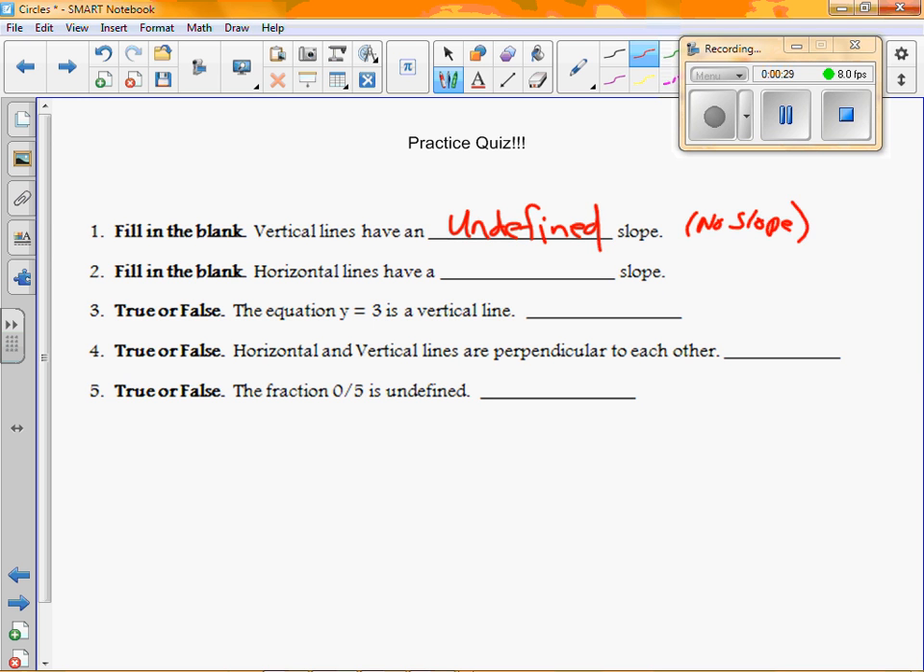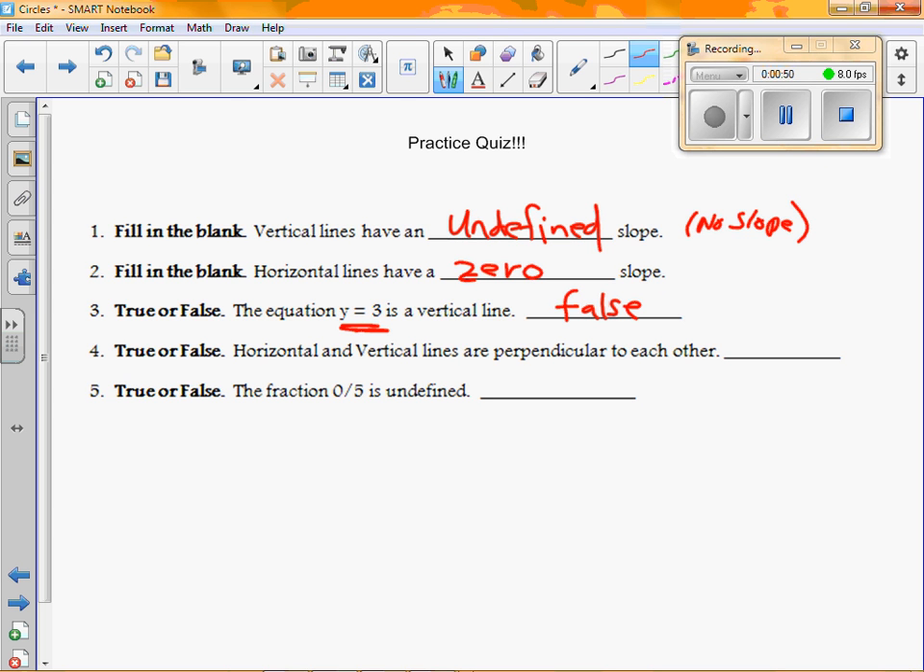That's different than zero slope. Zero slope means the zero is in the rise and it's on top, so you put zero slope up there. The equation y equals 3, because it says y equals, that's a horizontal line. What it says is a vertical line, let's put false. x equals,